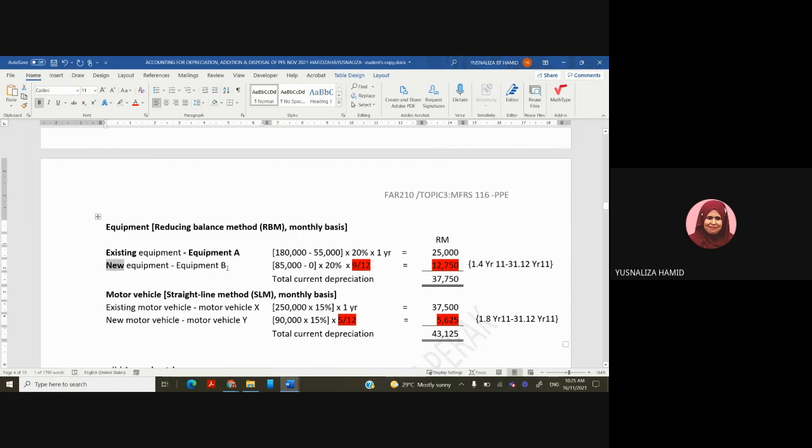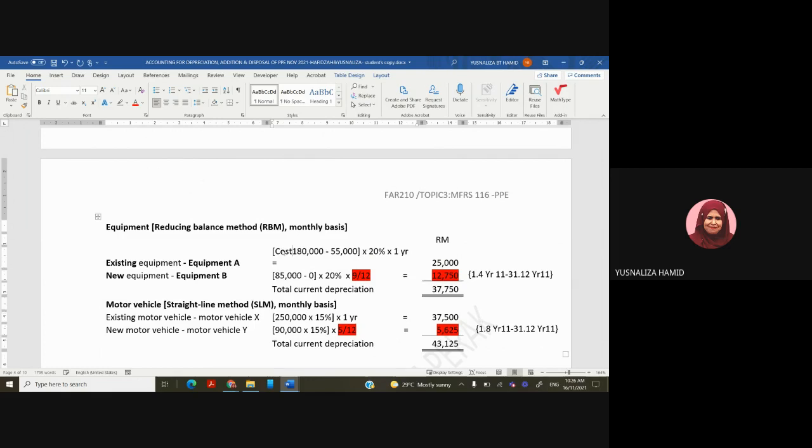Why do you need to do that? Because under the reducing balance method, equipment A is existing equipment, so it should be based on what? Cost minus accumulated depreciation. This now we calculated it, right? It was 125. So this is the cost minus the accumulated depreciation, AD. So that will give you the figure to be